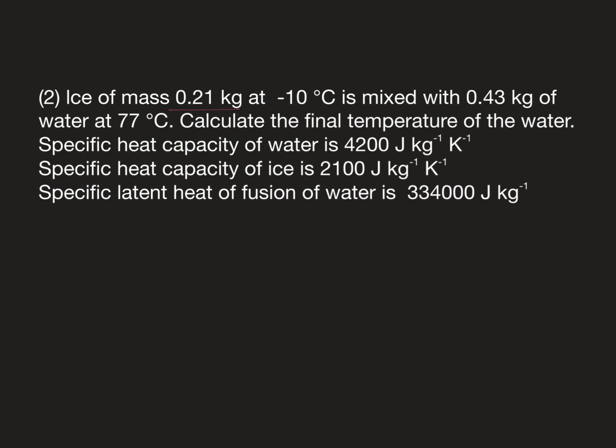Ice of mass 0.21 kilograms at minus 10 degrees Celsius is mixed with 0.43 kilograms of water at 77 degrees Celsius. Calculate the final temperature of the water. Specific heat capacity of water is 4,200 joules per kilogram per Kelvin. Specific heat capacity of ice is 2,100 joules per kilogram per Kelvin. Specific latent heat of fusion of water is 334,000 joules per kilogram. Solution: